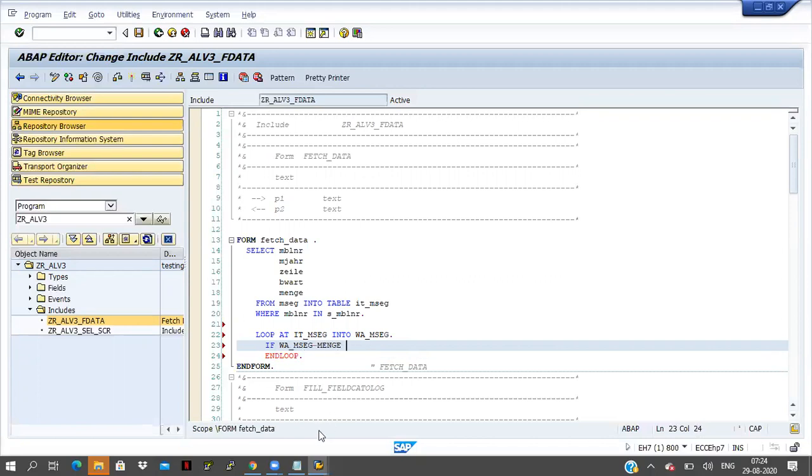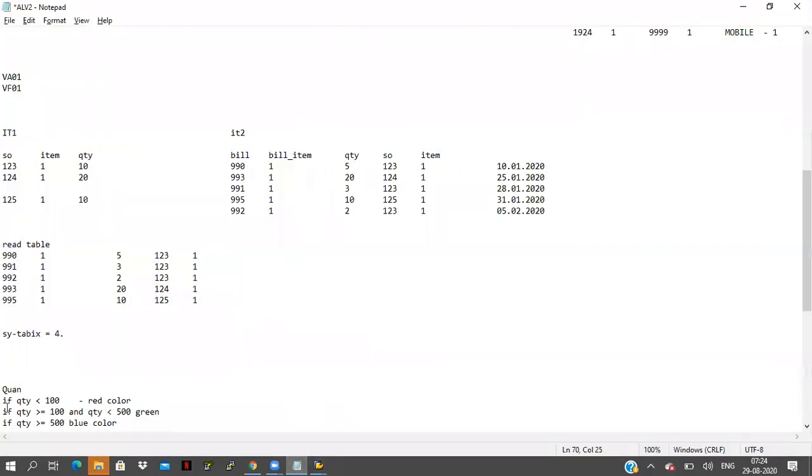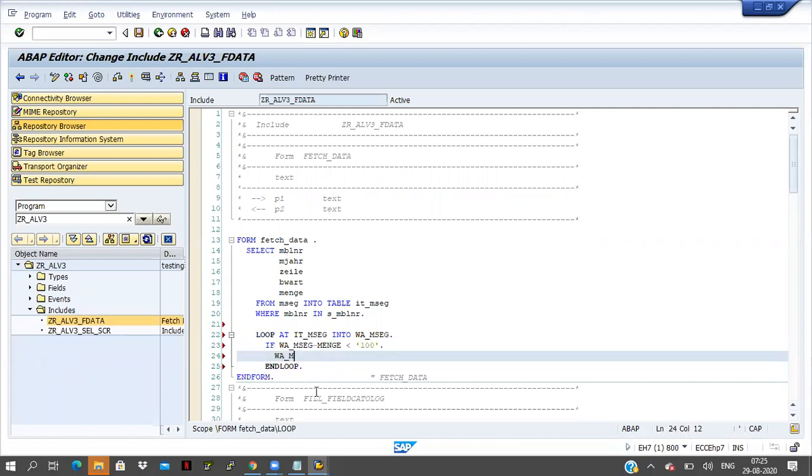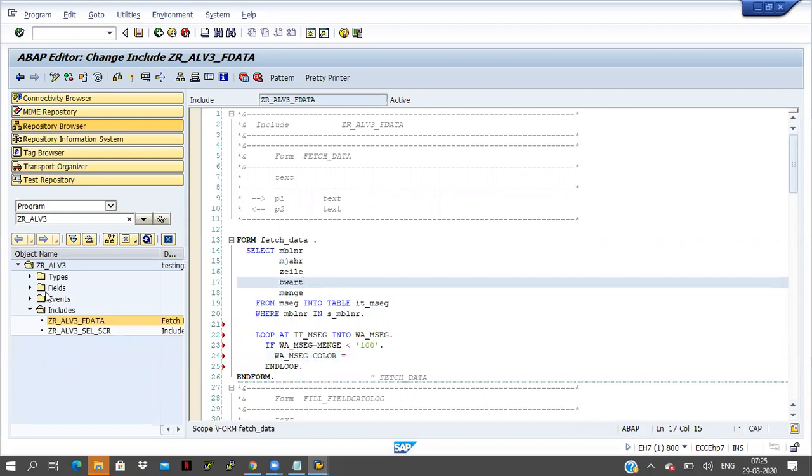This is the quantity field, MENGE only. If MENGE is less than 100, then work area MSEC hyphen color. See, I am not taking the color here, this is a customizing one.